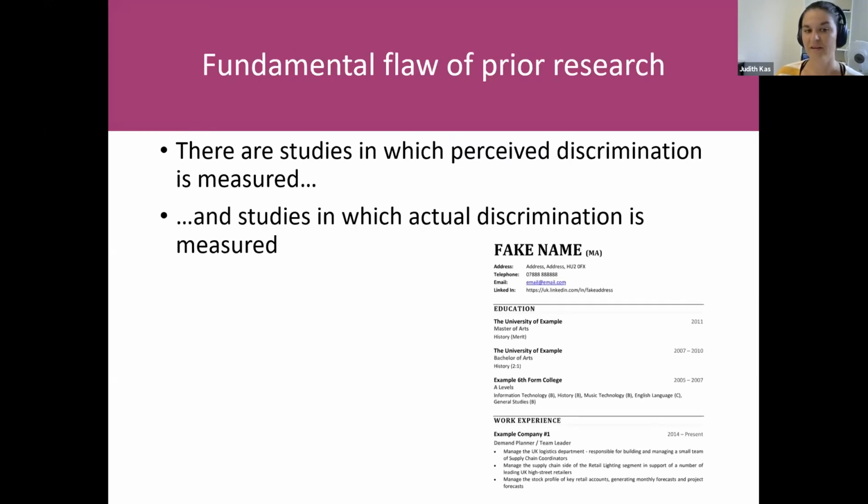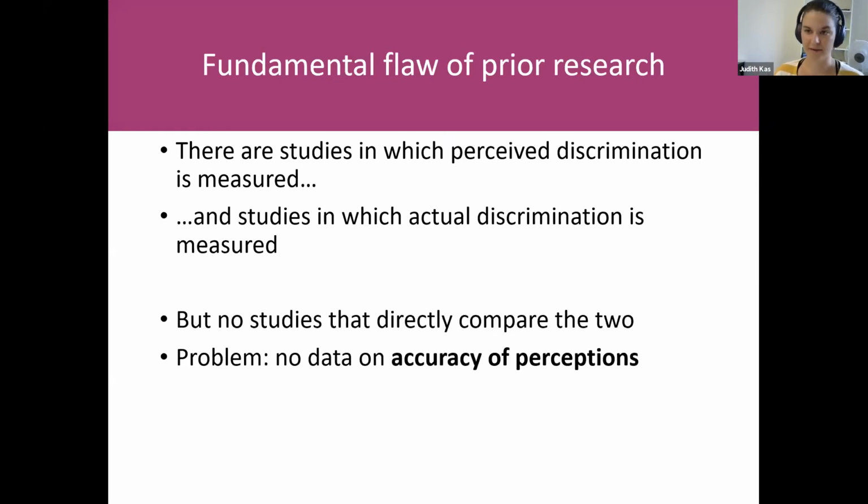And there are different studies in which actual discrimination is measured, for example, by using these audit studies where fake application letters for jobs, for example, are being sent out, and then it is compared how much less likely people, for example, with a foreign sounding name are hired for a job. However, there are no studies that directly compare the two. So based on these